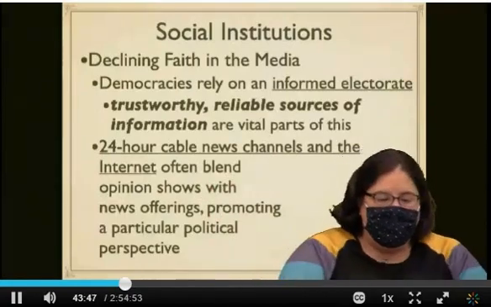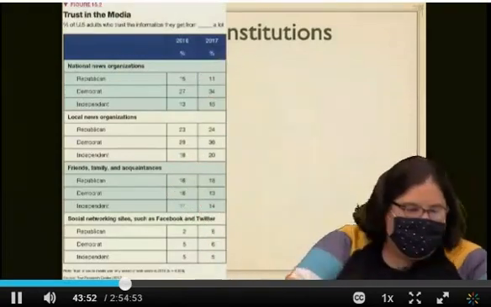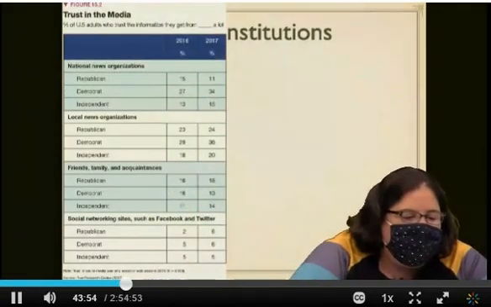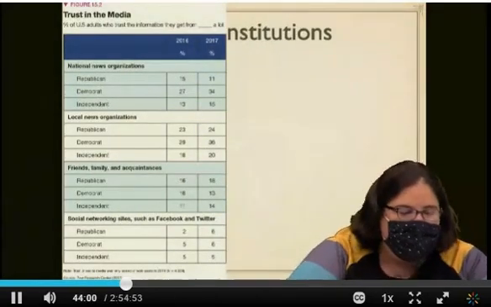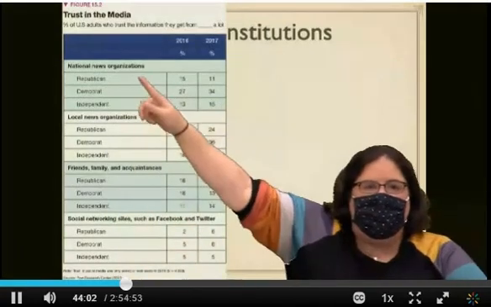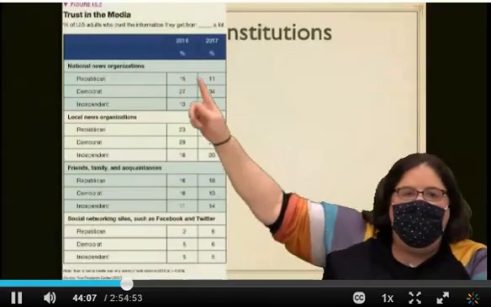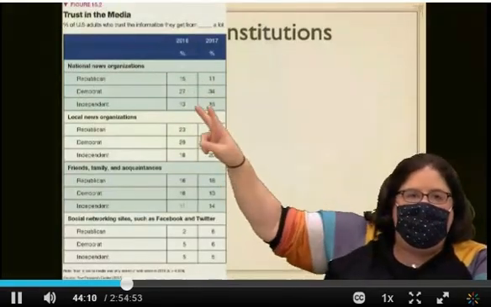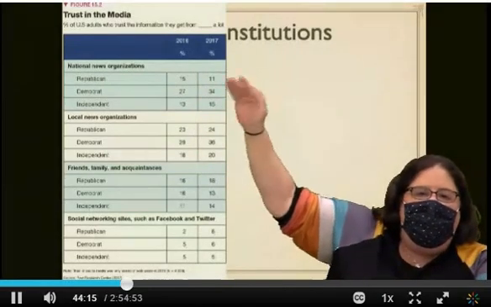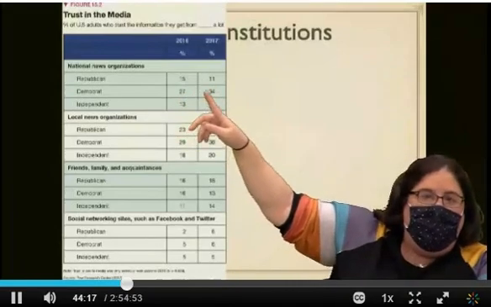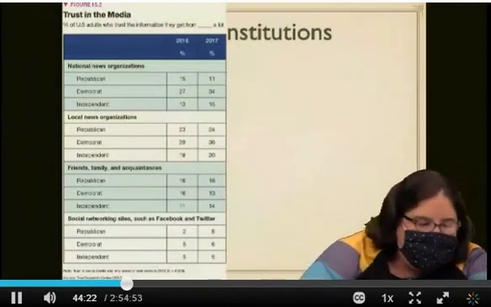In fact, and this is also in the book, so if it's hard to see on the screen, it's figure 15.2. This is the percent of U.S. adults who trust the information they get from X, Y, or Z location. So the first one was national news organizations. And as you can see, all three groups, yes, Democrats apparently, trust national news more than Republicans, but for all three of them, it's low. It's a quarter or less of the time that they trust them, and it's gone down a little bit.